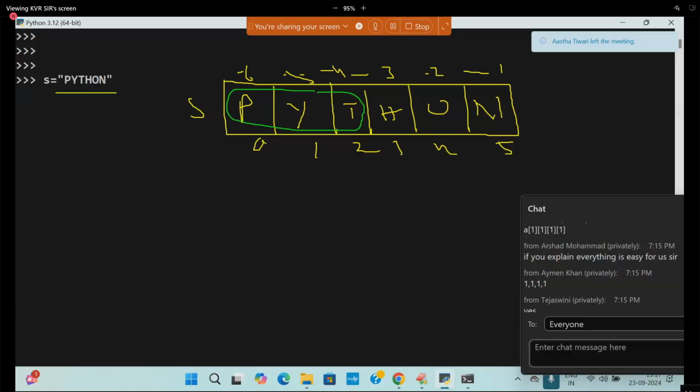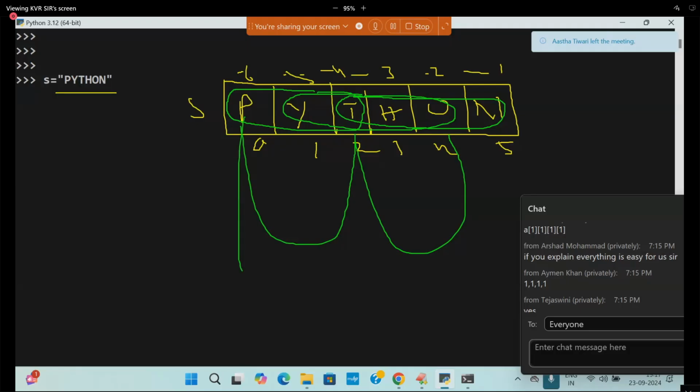Earlier I used to get only P. Now I want to get PYT, or THON, or YTHO, or PTO, or PH. Like that I want to get alternate elements, sub-range elements. In the forward direction, and also in the reverse direction. These are all the things I used to explain in Python only.